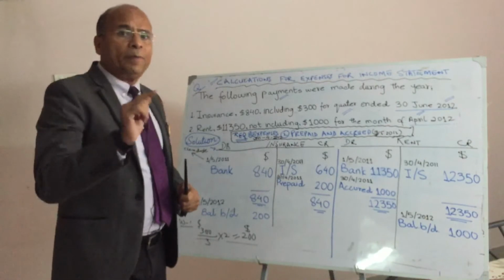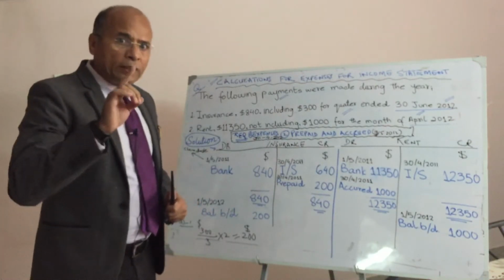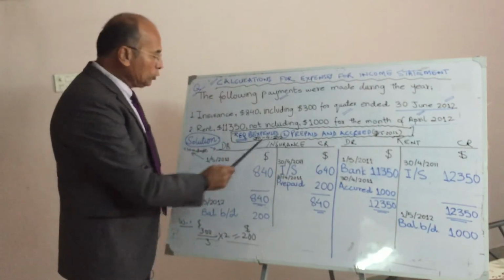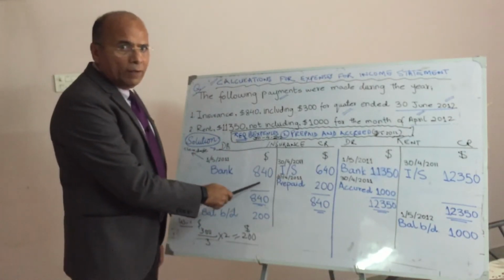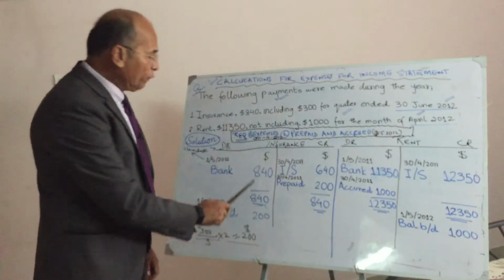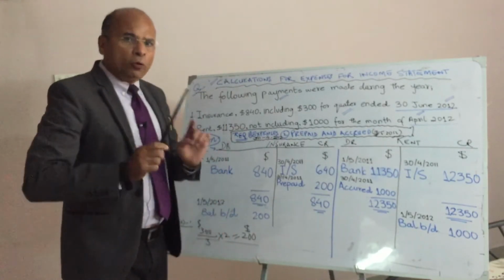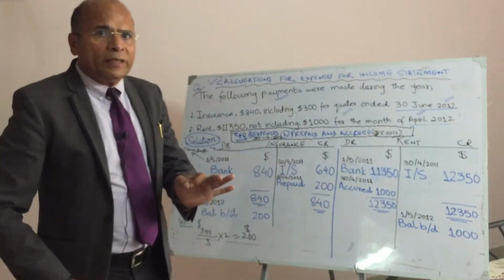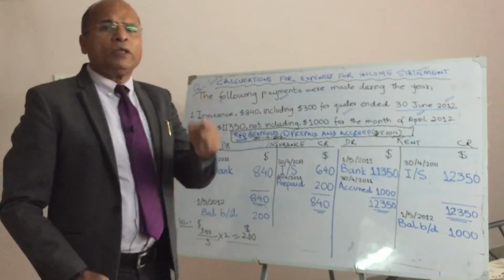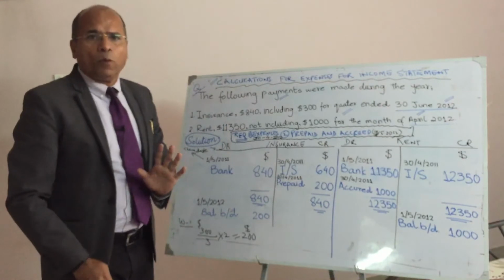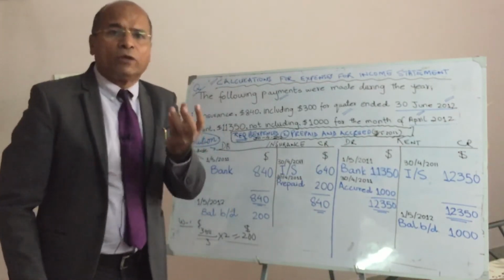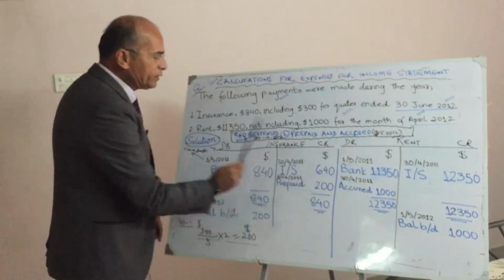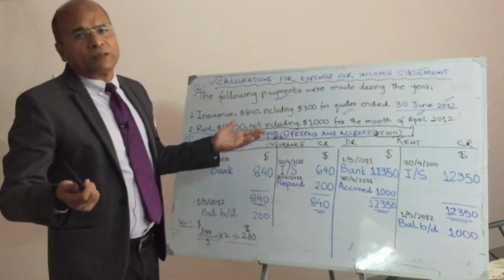We are supposed to credit bank in the bank account, either bank account or in the cash book. But at the moment we are making the insurance account. So insurance account is being debited by 840. But it does not mean that insurance 840 is the expense. We are supposed to find out that out of 840, how much is the amount against which we did not receive the service. So it means 200 out of 840, 200 is an amount against which we did not receive the services.